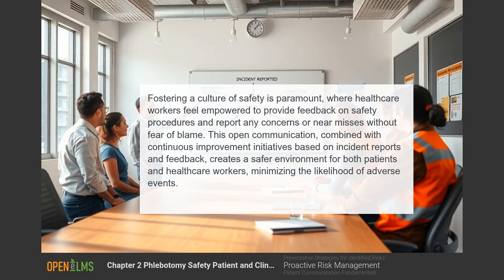fostering a culture of safety is paramount, where healthcare workers feel empowered to provide feedback on safety procedures and report any concerns or near misses without fear of blame. This open communication, combined with continuous improvement initiatives based on incident reports and feedback, creates a